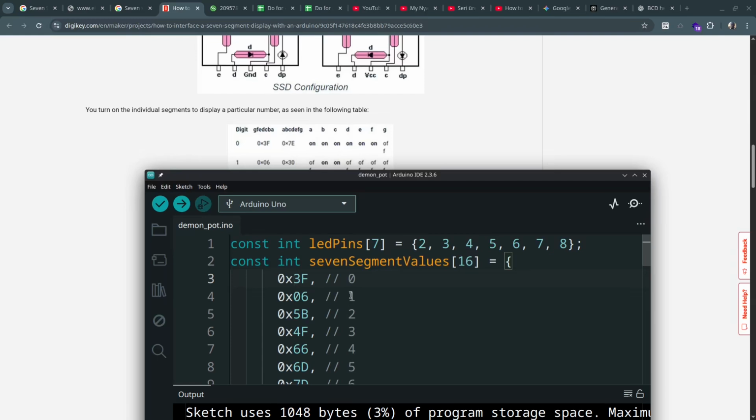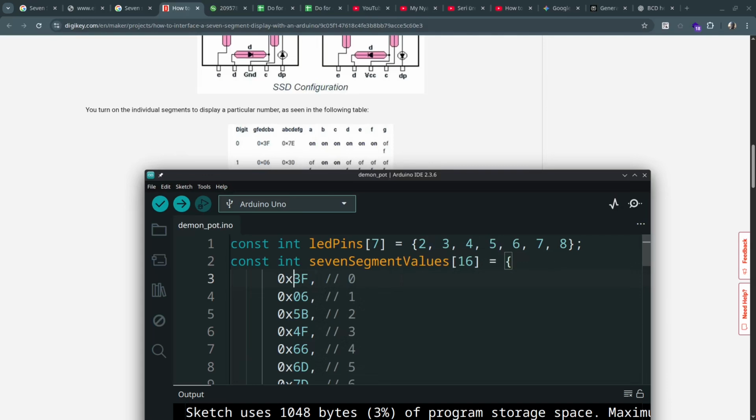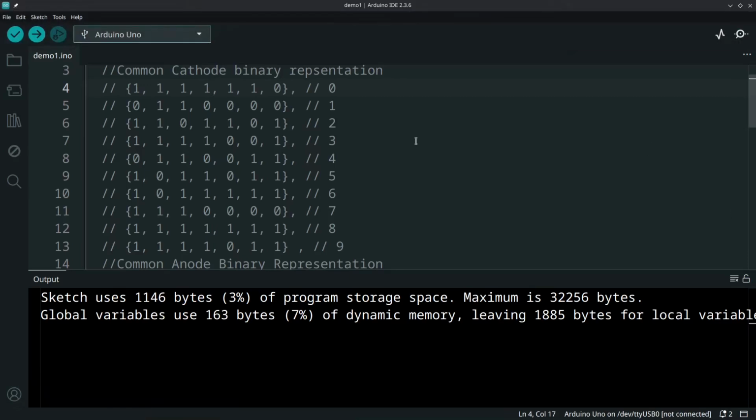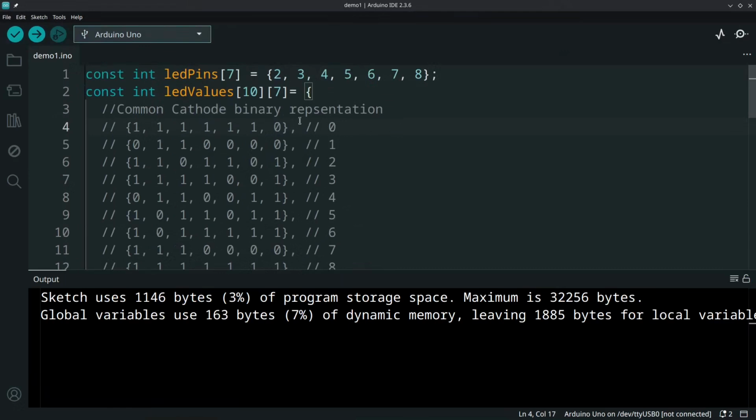Now, how do we do it? For example, let's focus on this. We assume our A starts from here: A, B, C, D, E, F, G. Understand? 3F means what? For instance, if we check the binary representation from the previous code, we have the binary representation of this common cathode. Understand? So this is 7 bits, right? For the BCD means